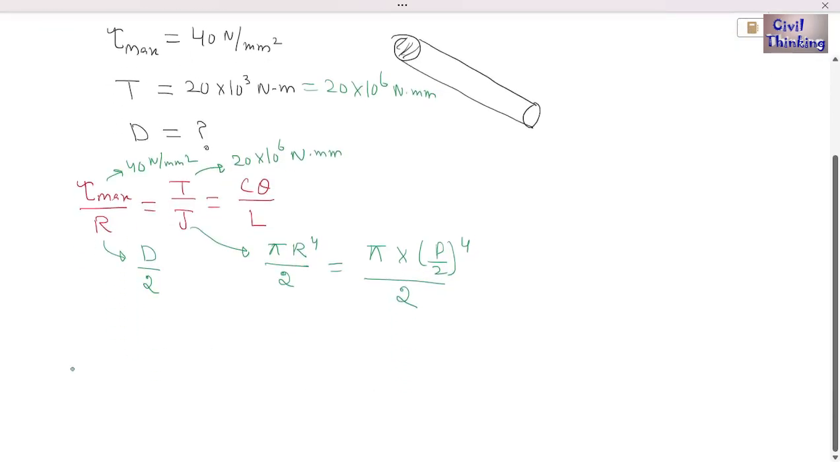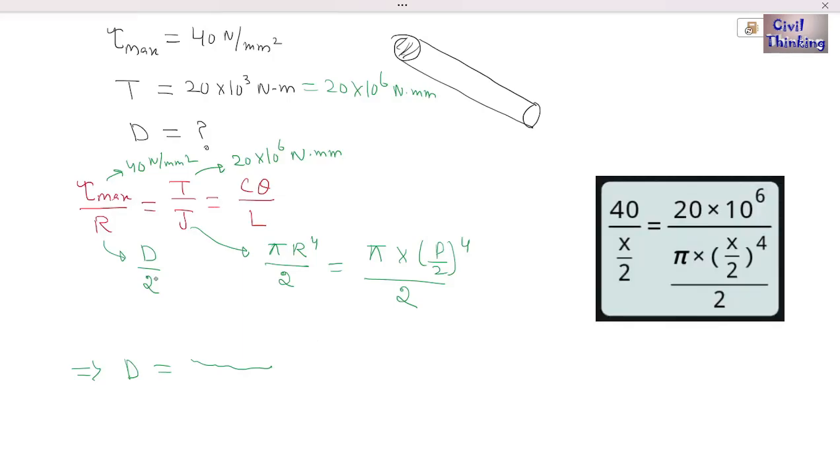Now I can rearrange these things and finally get an equation in terms of d, but it will take a lot of time. So I will just put everything in the scientific calculator to find the value of d. Let me use the calculator. 40 divided by, instead of d I will put x by 2, is equal to